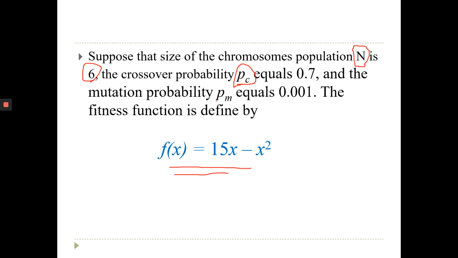Also, for the probability of mutation, in this example we initialize it to 0.001. What does 0.001 mean? It means I will do mutation with 0.1%. Here I will do crossover with 70%. So 70% of the time I can do crossover, but mutation is very low. How to do mutation and how to do crossover? You select this probability. So as I said, you can